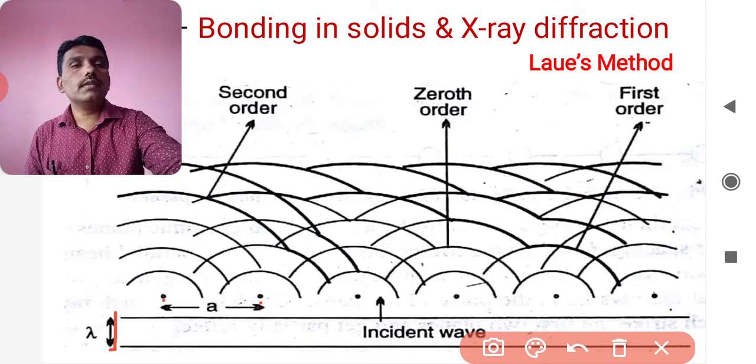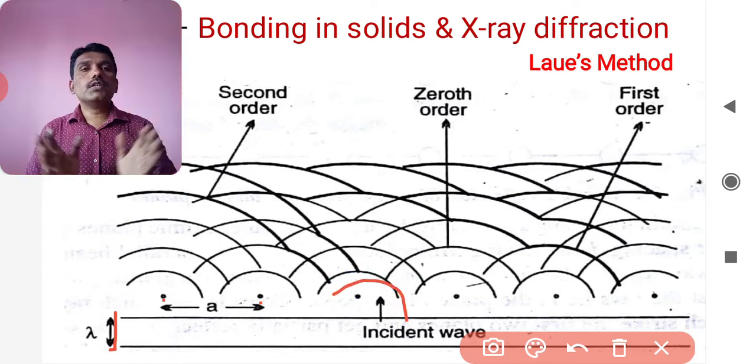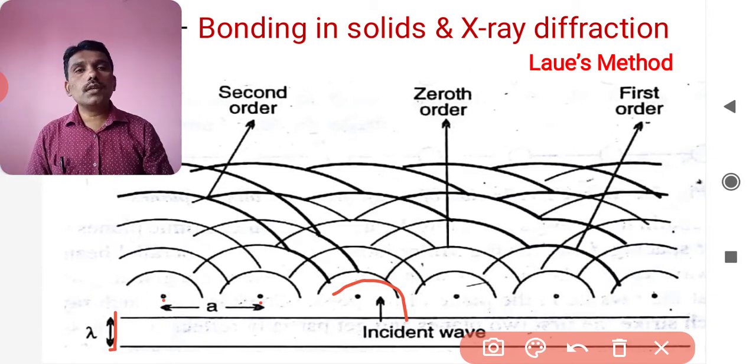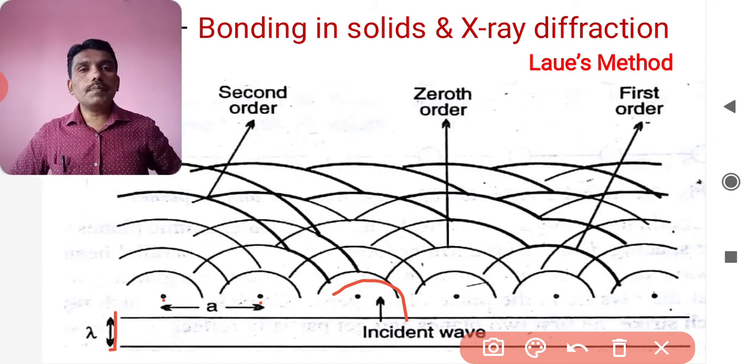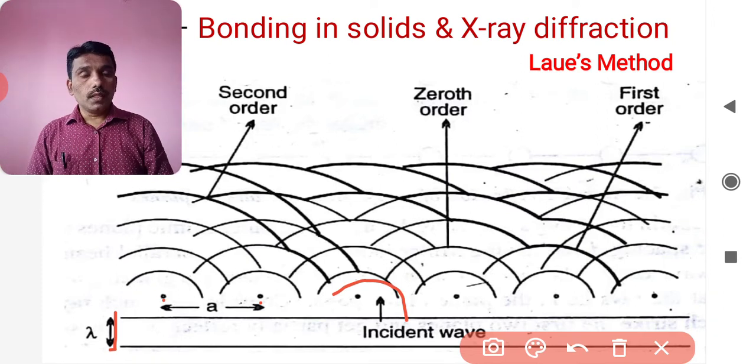And if you look at these violets, when the crest is incident, the diffraction from these atoms is not only in the same direction or a perpendicular direction, but also in other directions. And due to that, the reflected parts appear as the X-ray beam is incident on such atoms, which are vibrated with the same frequency as that of the incident wavelength.